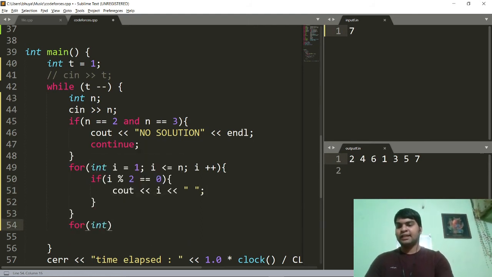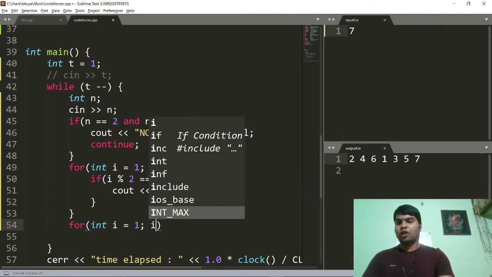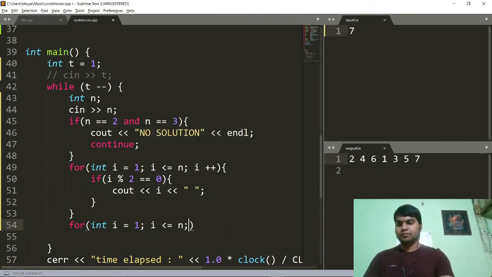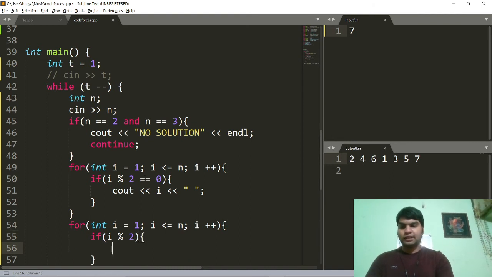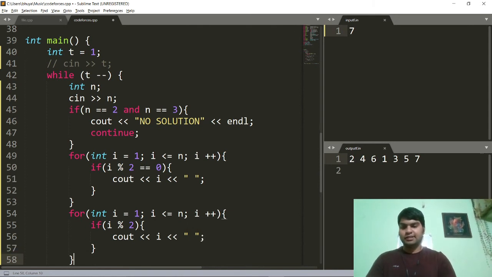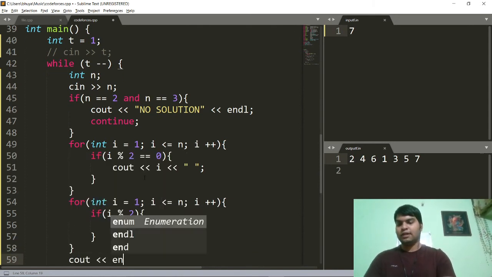Then we take all the odd elements: if I modulus 2 is 1, then we can simply print I. Now we are printing all the odd elements here.